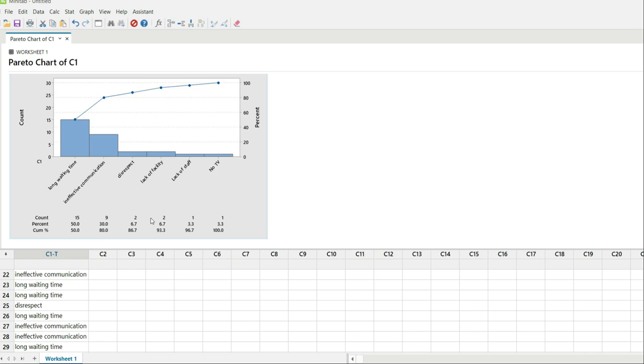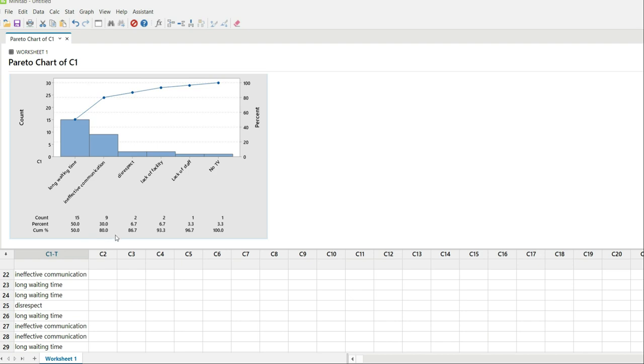The next column is the cumulative percentage. Cumulative means, you know how to calculate it, just accumulate. The first one is exactly the same. The next one is just added to the next category. 50 plus 30, 80. Then 80 plus 6.7, 86.7. What about 86.7 plus 6.7? 93.3. Plus 3.3, 96.7. Plus 3.3, the last one is 100. So the last percentage should be 100 because this is cumulative. This is what we need to do for the calculation of cumulative. Just accumulate.